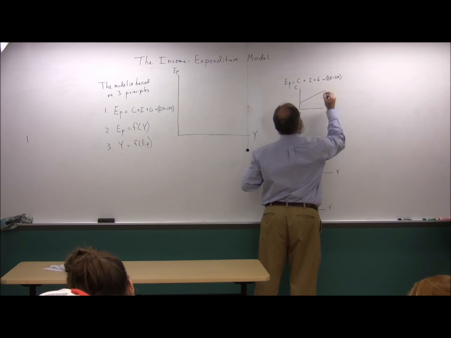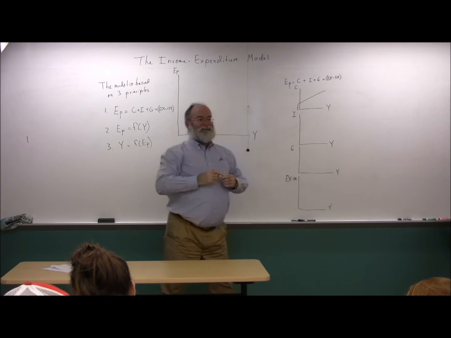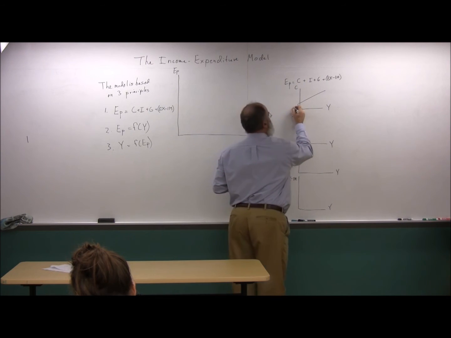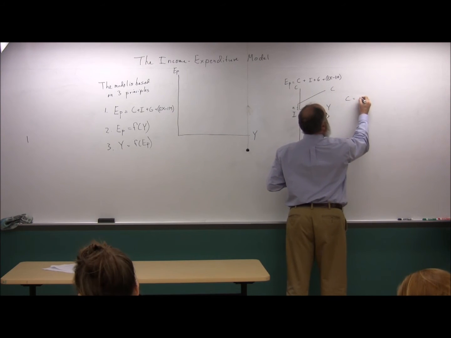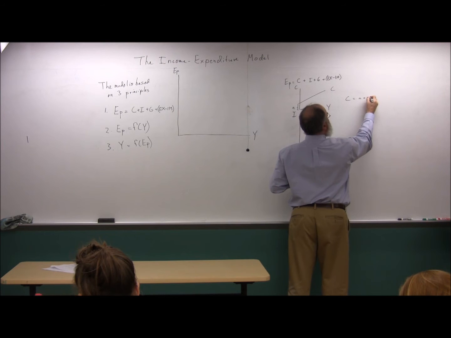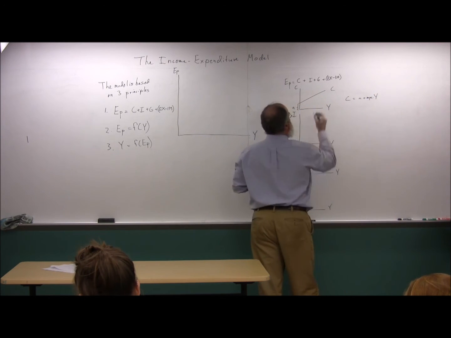Looks like this, right? What's the vertical intercept? What do we call that? Autonomous consumption. Okay, we said that consumption is autonomous plus induced. Induced means caused by income. The slope